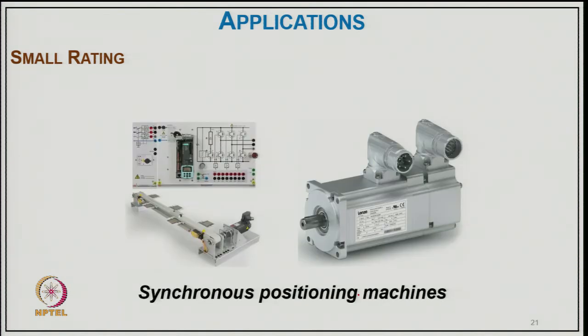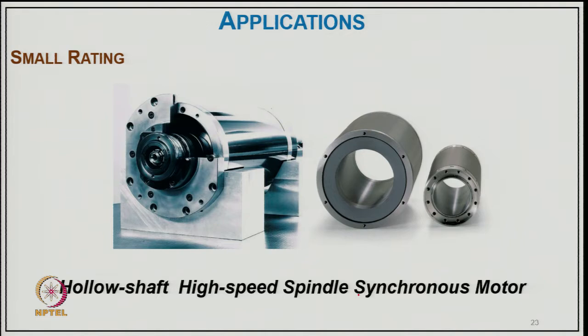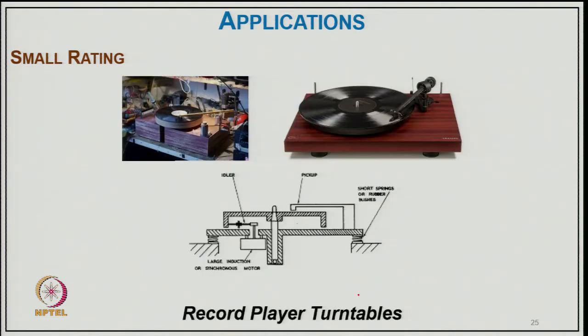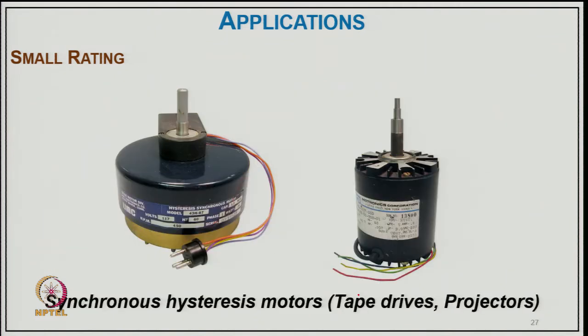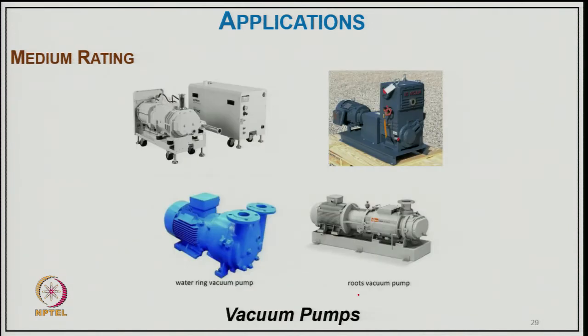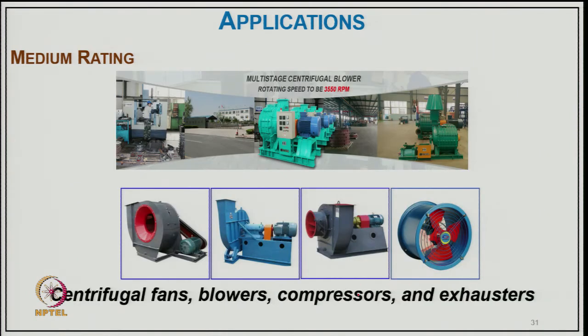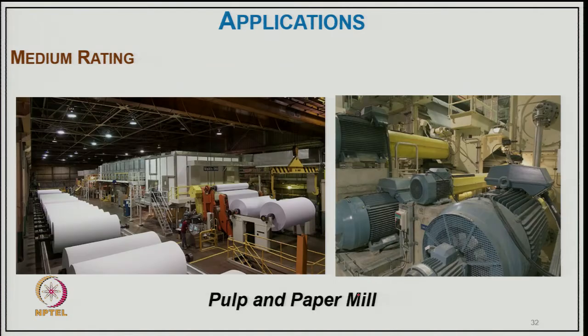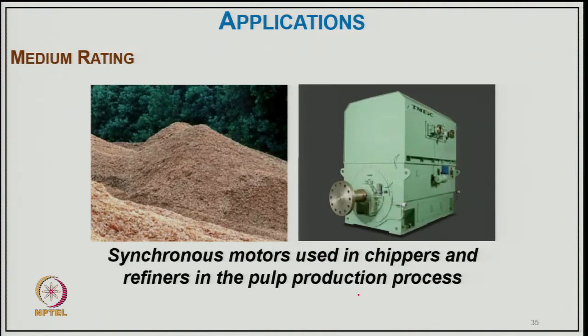then synchronous motor positioning machines, then synchronous robot actuators, then hollow shaft high speed spindle synchronous motor type, then clocks, record player turntables, then single pole synchronous motor with magnetized rotor, synchronous hysteresis motor, tape drive projectors, then air and gas compressors, then vacuum pumps, centrifugal fans, blowers, compressors and exhausters, pulp and paper mills, ball mills, then a rotor of synchronous motor used in large water pumps, then synchronous motor used in chippers and refiners in pulp production process,